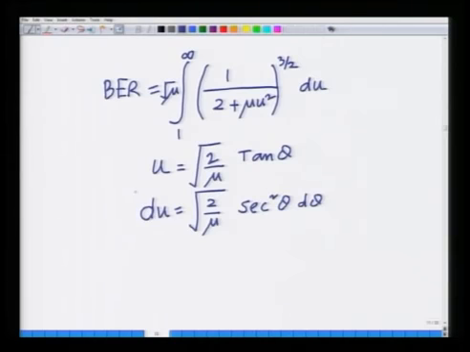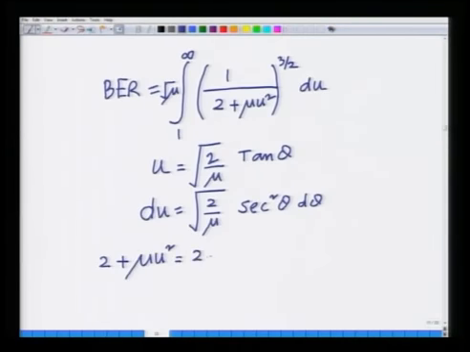So, I am making the substitution u equal to square root of 2 over mu tan theta, du is square root of 2 over mu secant square theta d theta, all right, which means 2 plus mu u square is